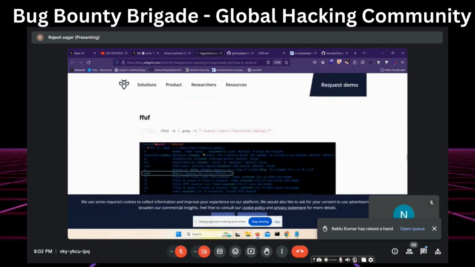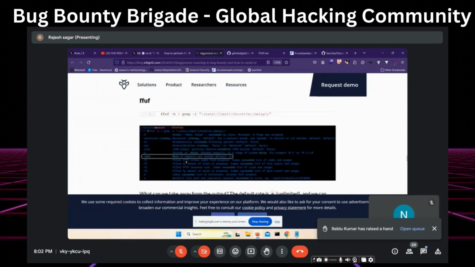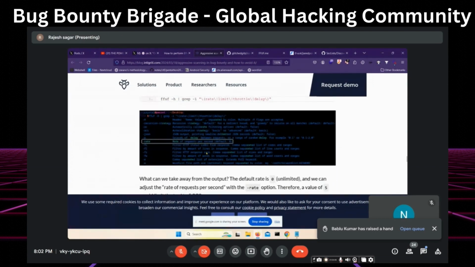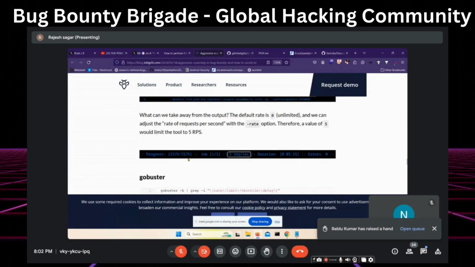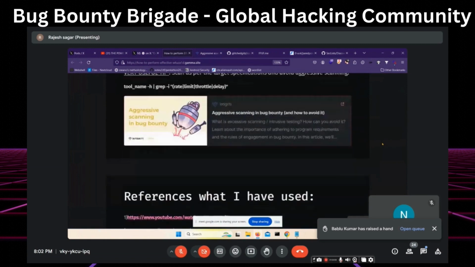You have this command, rate. You can use this -rate option and add your rate limiting command. So after adding a rate of how many requests you can send per second, you can send 5 requests per second. This is important, very important when you are doing